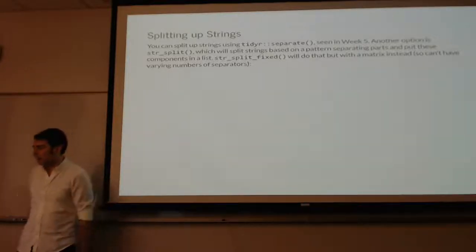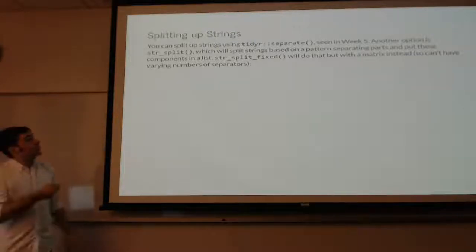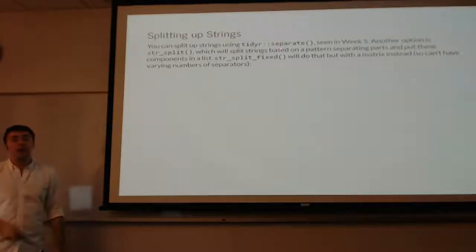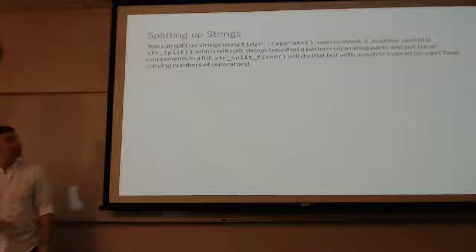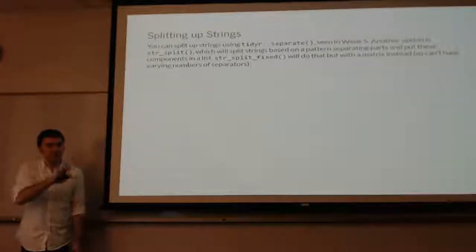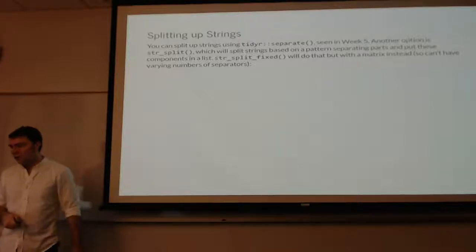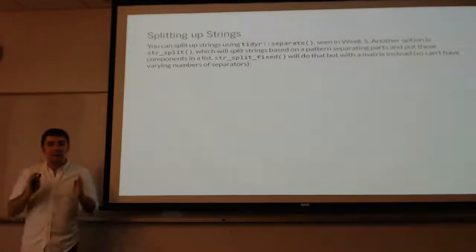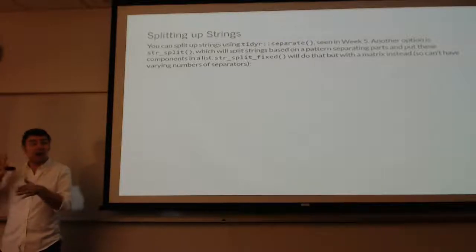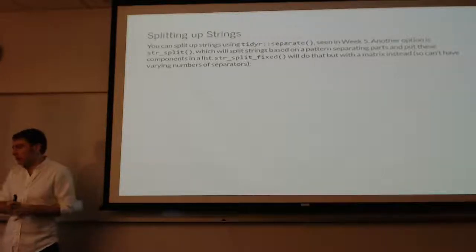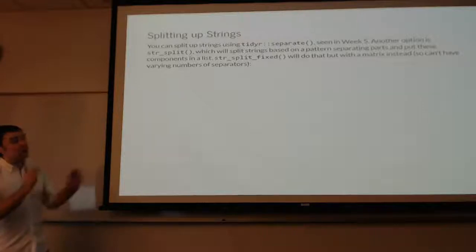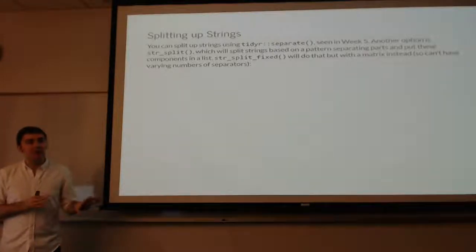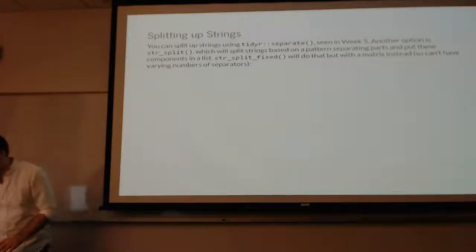up into components, right? You could do this with tidier's separate function, which is actually quite similar to this, but you could use string split, which I think has slightly nicer syntax and is very specific to operating on strings. So what string split does is you will give it some sort of pattern that defines where you want to divide the string into multiple variables, and then it will put the output from this into a list. The reason it does it in a list is because you might have,